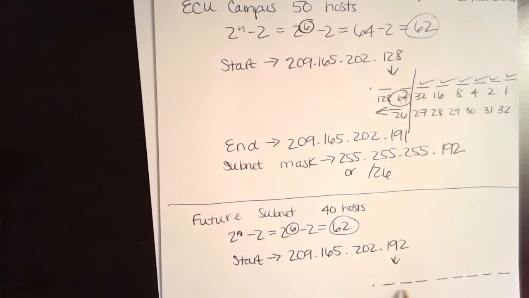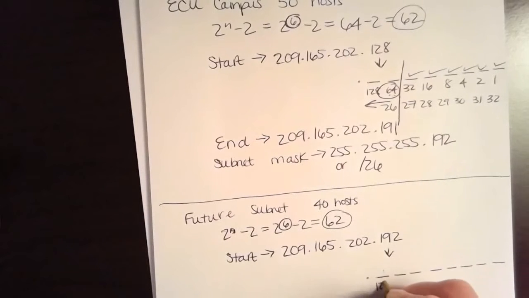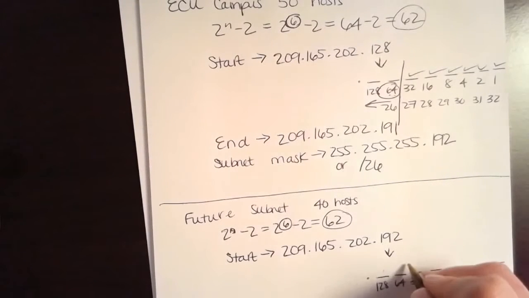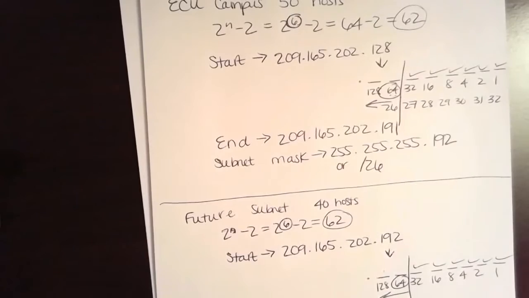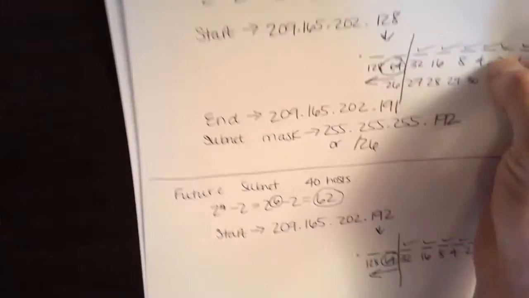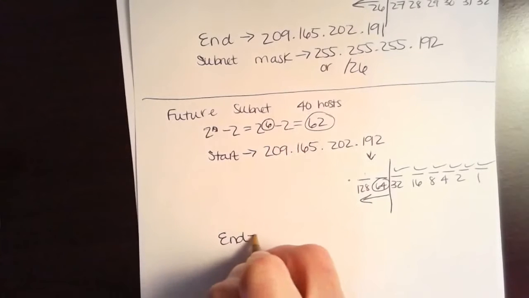Okay. Remember, the only time you need to come out of this last 4th octet is if you borrow 8 or more. Okay, so here, same thing as before. We borrowed 6, so our line is going to be here. So we're incrementing by 64, so our end is going to be